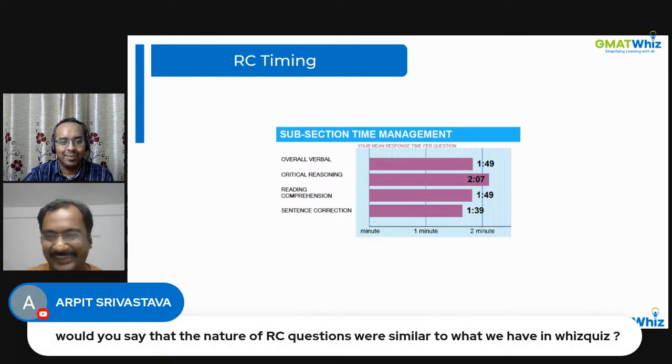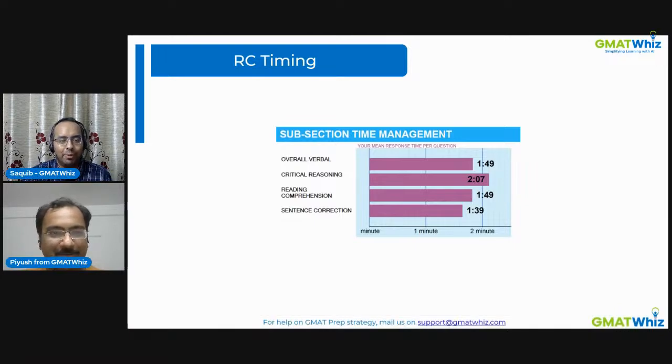But anyway, let's talk about Arpit's questions. Arpit is asking what would you say about the nature of RC questions? Were they similar to what we have in GMAT? It's difficult to say, but you can simply understand: all these passages are different, but as far as the structure and the type of questions are concerned, I think I mentioned earlier there were no surprises. It was the same,